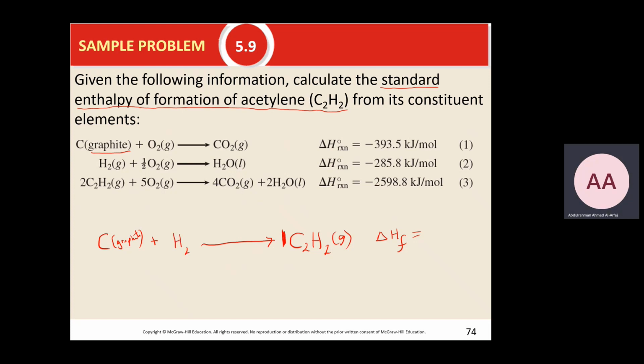Of course, I need to balance the equation, so I must multiply this by 2, and the H2 gas, give it as it is, and I want to calculate delta H of formation for this reaction. Now, how can I do it? I can do it